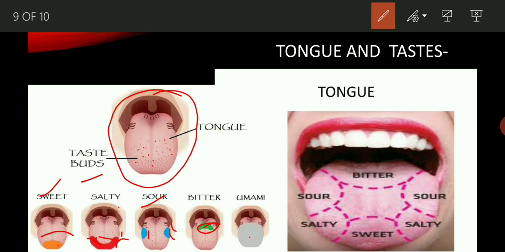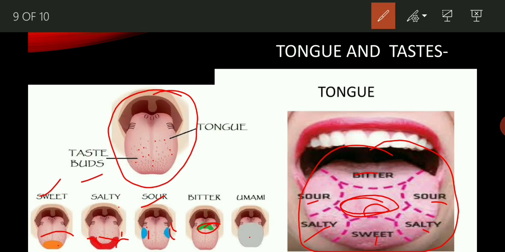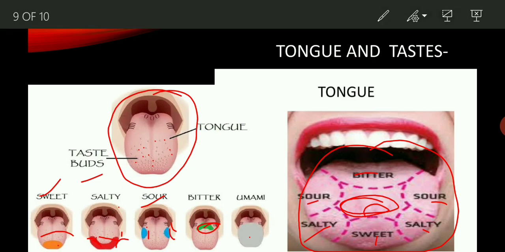Okay, by this simple diagram, if you're talking about the four different types of taste, you can again understand it: the front part of your tongue is responsible for sweet, the front side part of the tongue is responsible for salty taste, the back side parts of the tongue are responsible for sour taste, and the end part of the tongue is responsible for bitter taste, and the rest of the part is responsible for giving the umami taste of the food items. Okay, so this is all about